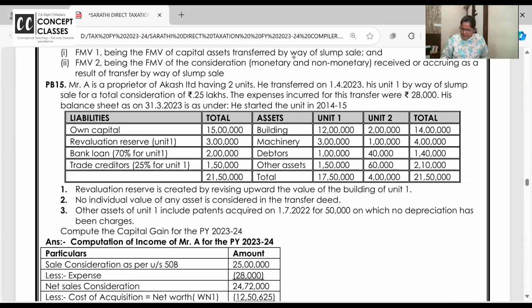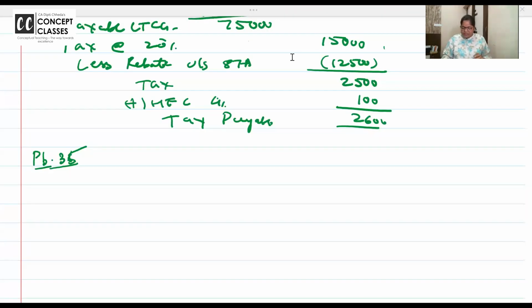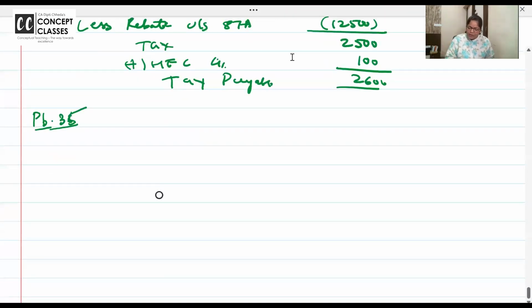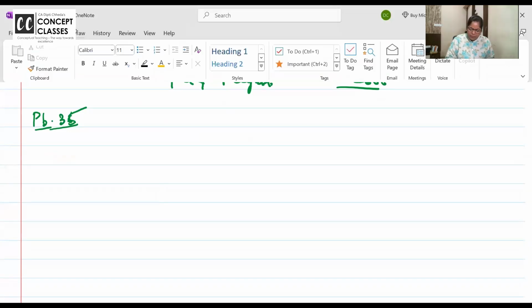So first you write down the method of how to calculate. When I complete making you write the method, you'll say, ma'am, this should come in the exam. Literally, I'm telling you, dear students, if slump sale comes, smile because you're going to get 7 out of 7 marks. There is no creativity in it. Same questions are asked again and again. But because it's very important and new for us, before directly going to the 35th problem,